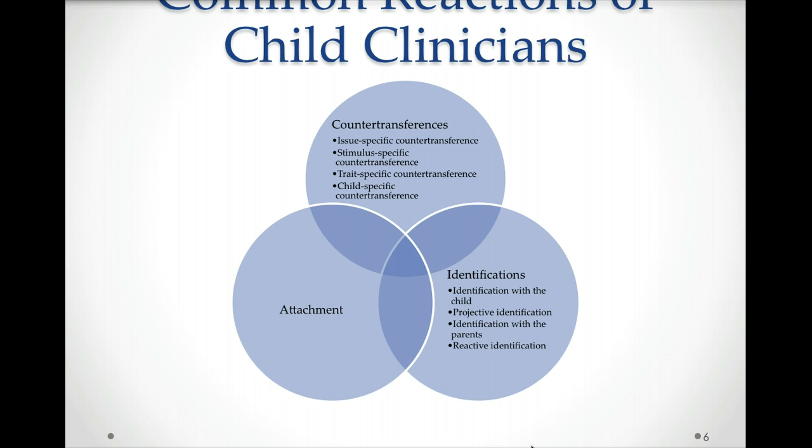Countertransferences are also not necessarily bad, as you know. The most important piece here is your own self-awareness. Brims discussed 4 different types of countertransferences: issue-specific, stimulus-specific, trait-specific, and child-specific. Issue-specific countertransference results from some issue the child brings to counseling, maybe sexual abuse, for example,